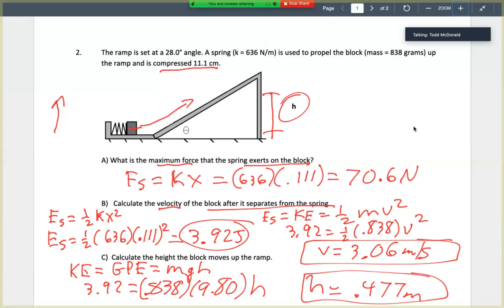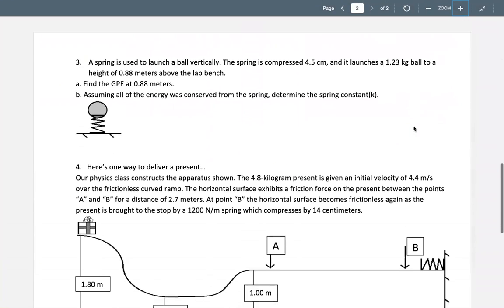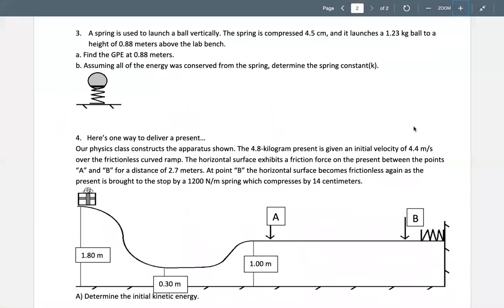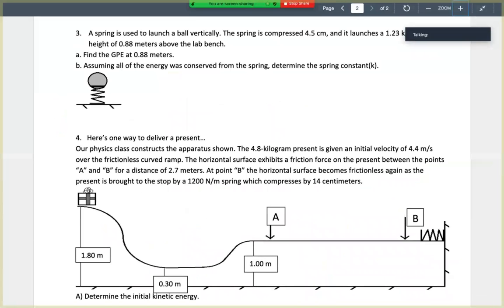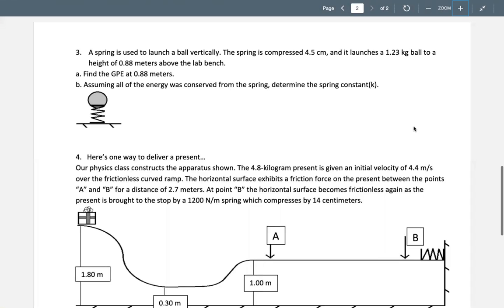Okay. All right. I'm going to do one more problem with you. And this problem actually looks very similar to one of the ones I just wrote for the test. So make sure you're paying attention to question 3. It says a spring is used to launch a ball vertically. The spring is compressed 4.5 centimeters and is launched, it's hard to see, the 1.23 kilograms. Let me get rid of that for a second to make sure I get all the data. We're going to launch it to a height of